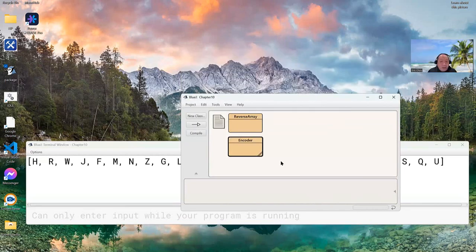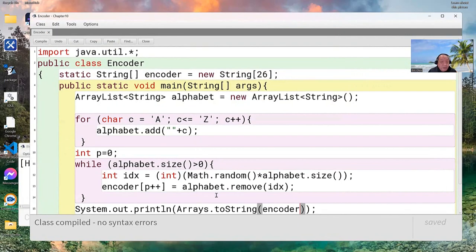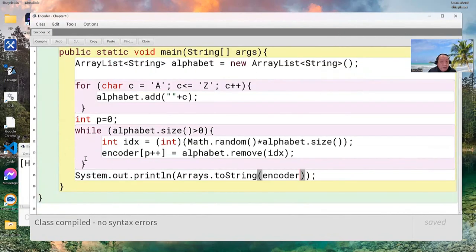But now if you want to do the decoder, right now you have this encoder, and you want to do the decoder, you actually need to do